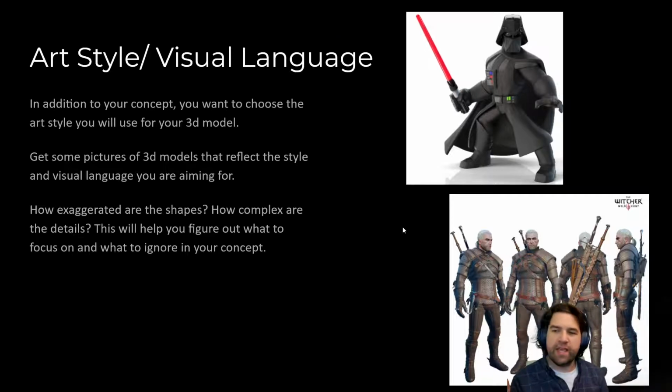So we could take images of styles that evoke a sense of how this character should feel, what their 3D model should look like, how many sides I should have on things. So you might want to go and dig around for some 3D models that have the sort of visual style you're looking for and that are done in the way you want. I kind of call this visual language or inspiration photos. So with that, let's actually go through and start building out our little reference board.